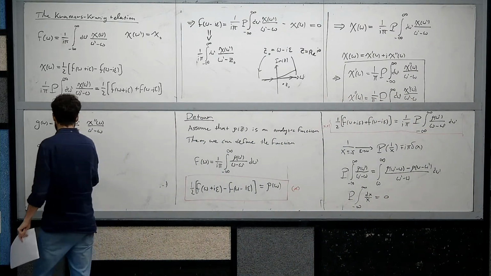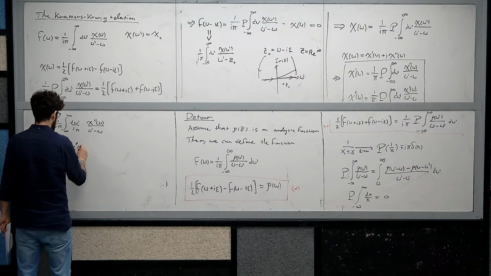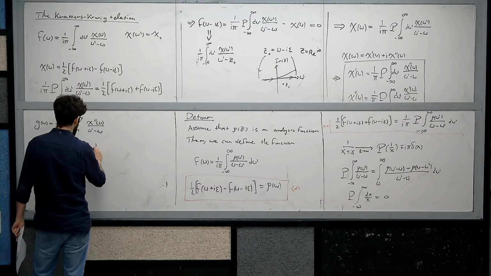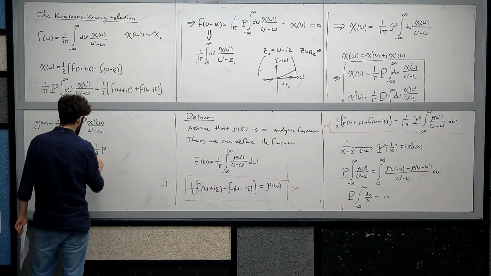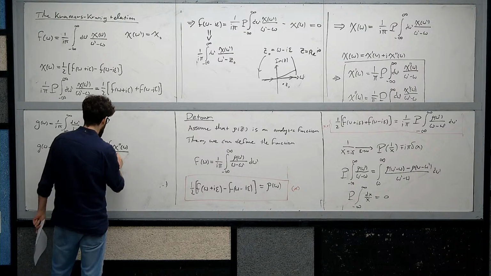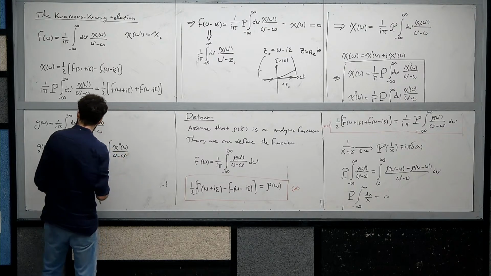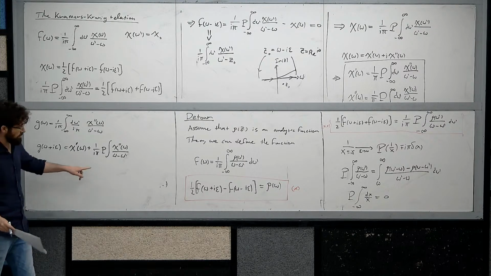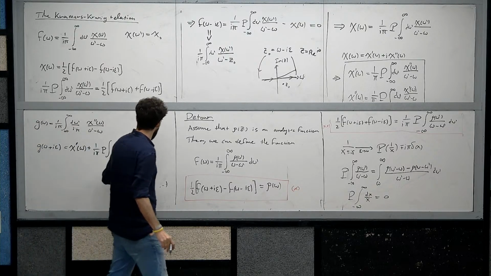So I get that this is equal to chi double prime of omega, now plus this 1 over i pi, the principal value of chi double prime of omega divided by omega minus omega prime, right? Good. But we just got from the Kramers-Kronig relation that this